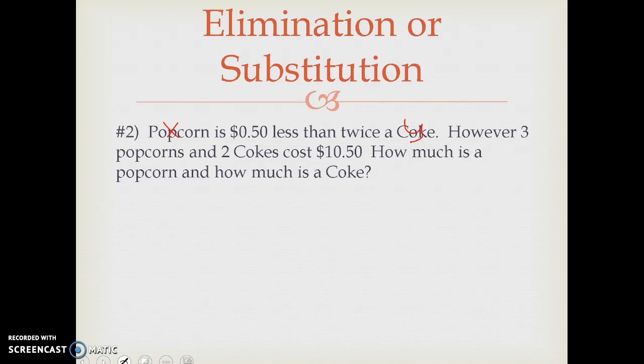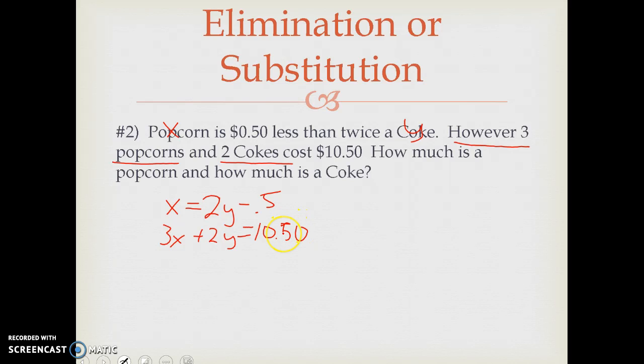Popcorn is 50 cents less than twice a Coke. So we have popcorn, I'm going to call that X. That's 50 cents less than twice the cost of a Coke. And so X is going to equal 50 cents less than twice the cost of a Coke. Well, here's twice the cost of a Coke. That's 2 Cokes, 2 times Y. But the X is 50 cents less than that, so minus 0.5. So there's one equation. And then if we look at this equation, it says if I bought 3 popcorns, that's 3 X's, plus 2 Cokes, that's 2 Y's,